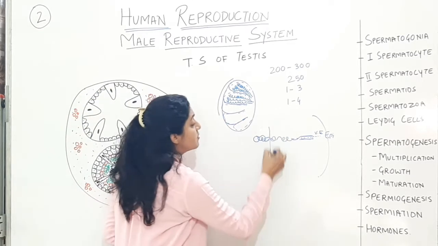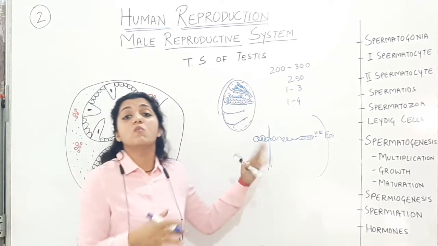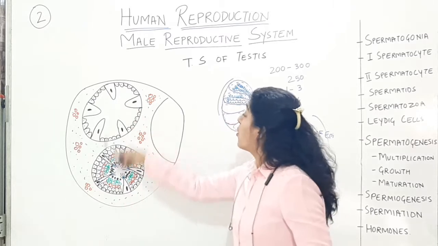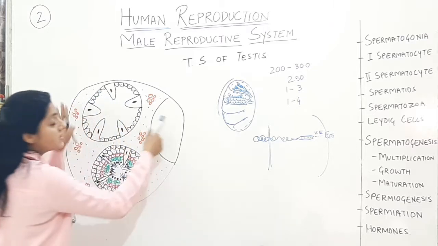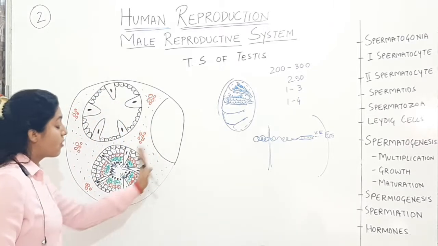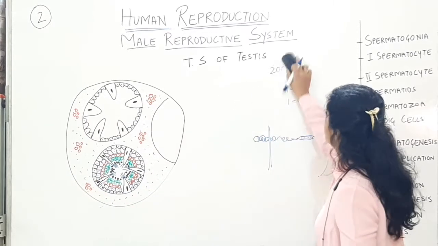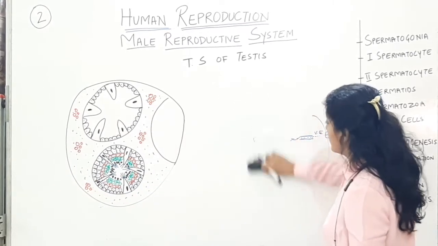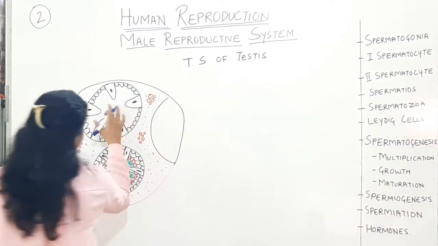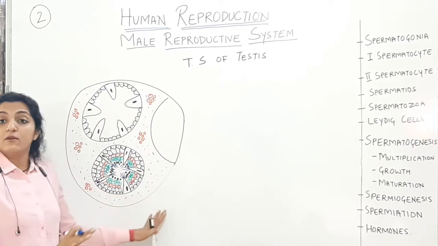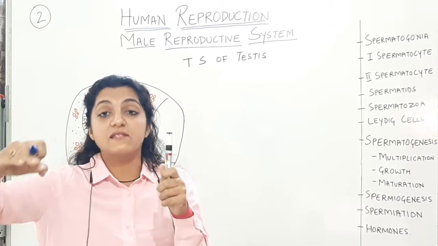Now, if we cut this tubule like this, if I'm cutting the section of this tubule over here, what we are going to see, what type of cells we are going to see is what this diagram is showing you. Alright, so these are the seminiferous tubules. This is one testicular lobule showing you three seminiferous tubules. We have discussed that 1 to 3 seminiferous tubules can be present in a testicular lobule. So ये तीन seminiferous tubules हैं in this one testicular lobule, which you are seeing in this cross section now. We have cut it like this in the transverse section.